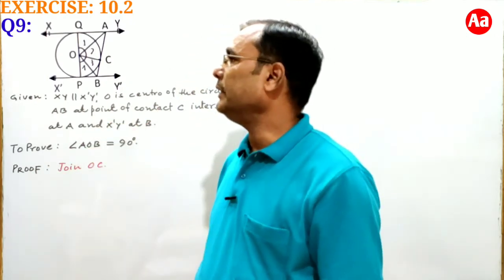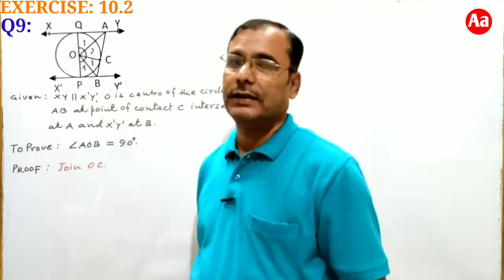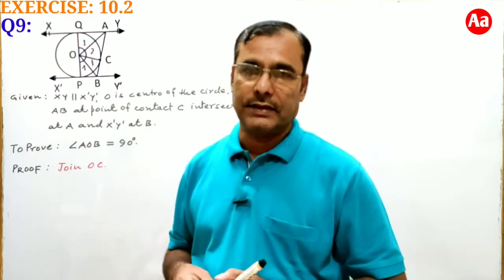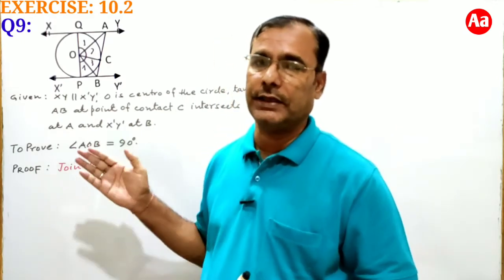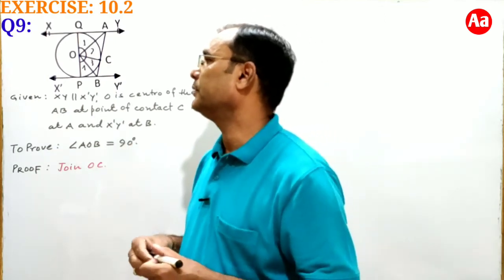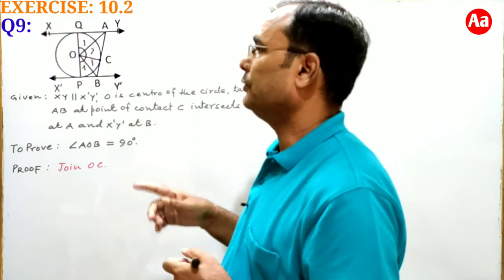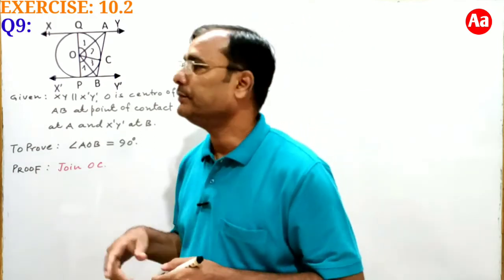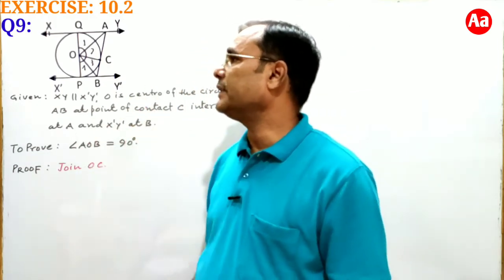From point A, AQ and AC are two tangents drawn from external point A to the circle with center O. So their lengths will be equal. So AQ equal to AC,